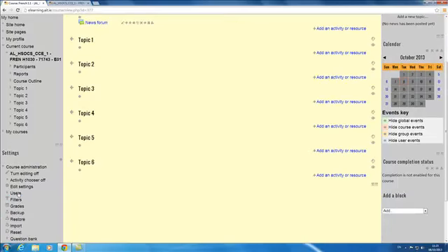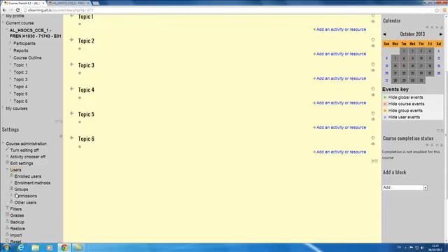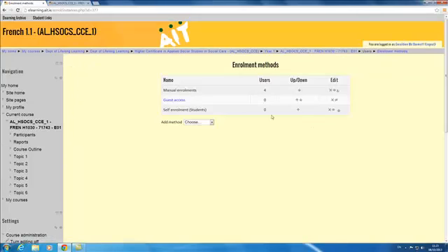This will be set up using the enrolment methods under Settings and Users, and here you can see you've got a menu that you can expand. You can click on Enrolment Methods, and if it hasn't been added, you can choose the self-enrollment method. Manual enrollments means that you can manually enroll students yourself. The self-enrollment is where students go in themselves and they enroll using your enrolment key or not, depending on how